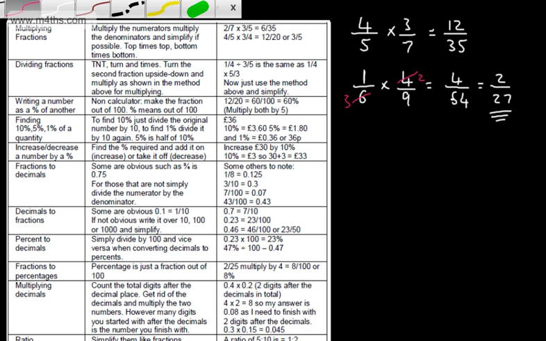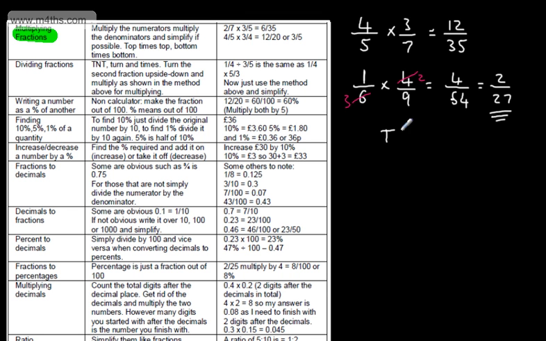Okay, so the next one we're going to look at, and we'll just cross this one off, is dividing fractions. A nice little thing to remember: we turn and times. I like TNT, so turn and times. Now, if I have, let's say, 4 over 7 divided by, let's say, 3 over 5, this is the same